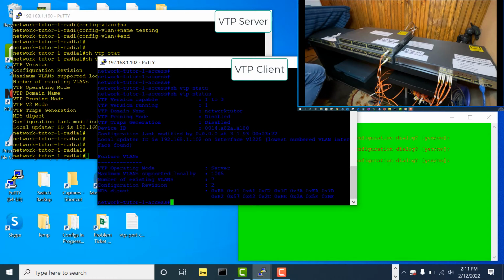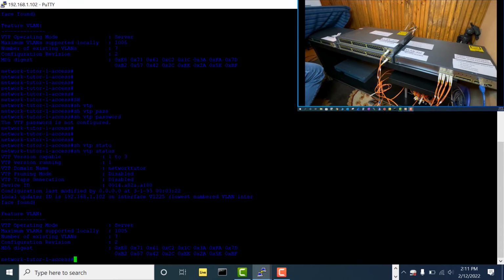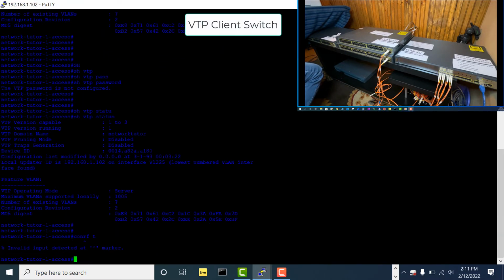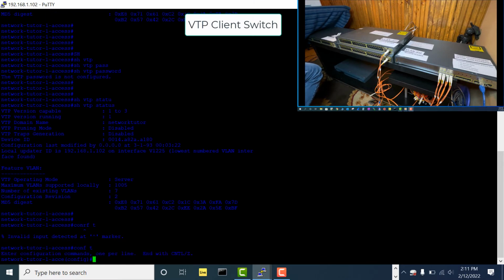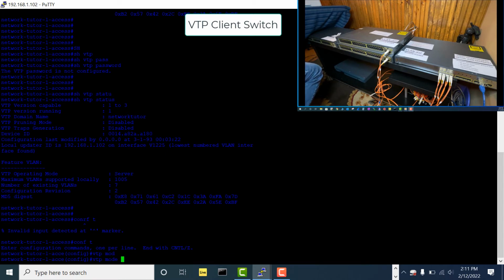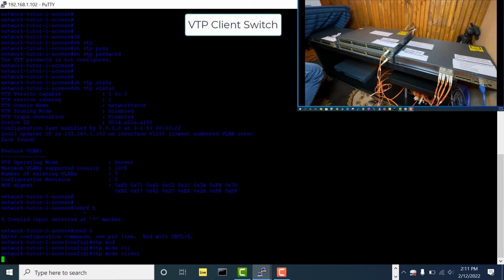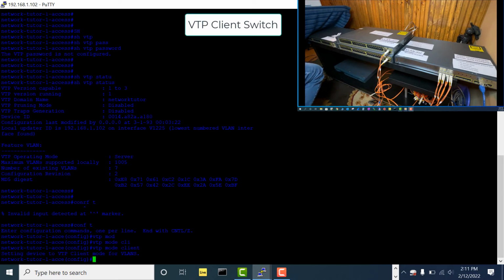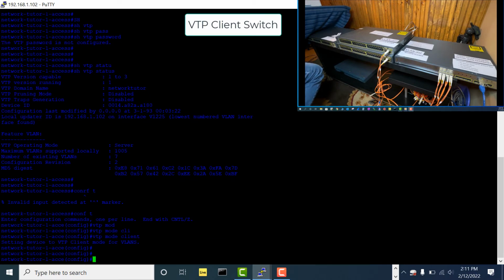So what I'm going to do here is come to this, expand this one, conf t, VTP mode client. So it changes the VTP mode from server to client,